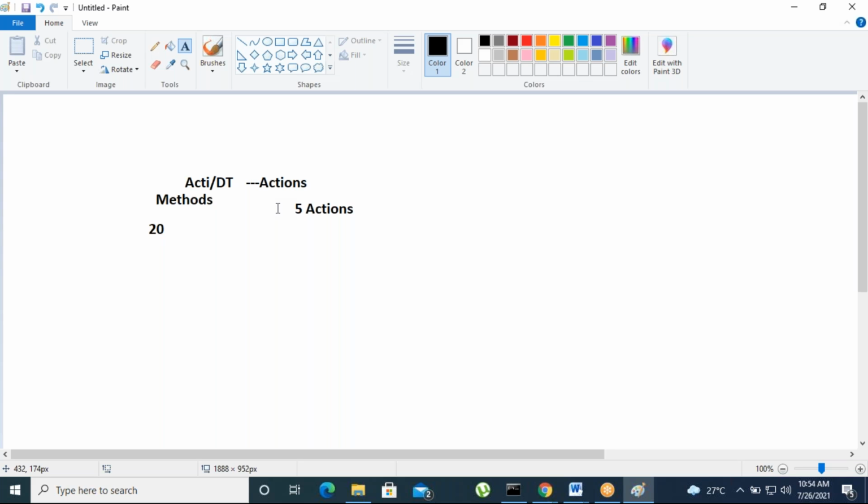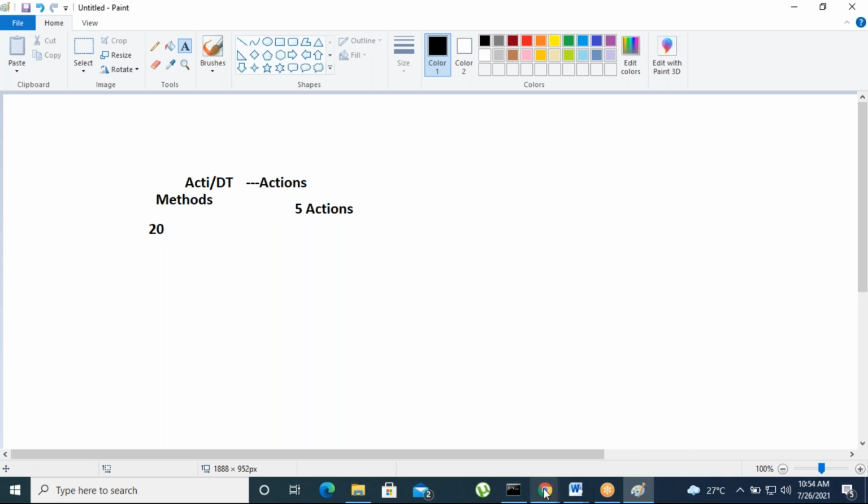When you run the application, an activity will take more time to run the business logic, but a data transform will take very little time, which increases the application performance. That is the main purpose. Instead of activities we can use data transforms, and only in some situations, like hitting a data table, we use activities. For transferring and editing data we use data transforms, not activities. Remember this, because you may get an interview question: what is the difference between activities and data transforms, and when do you go for activities and when for data transforms?